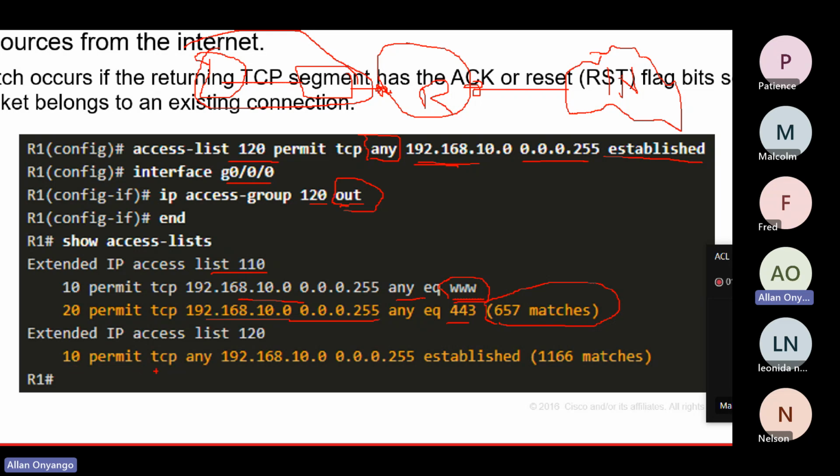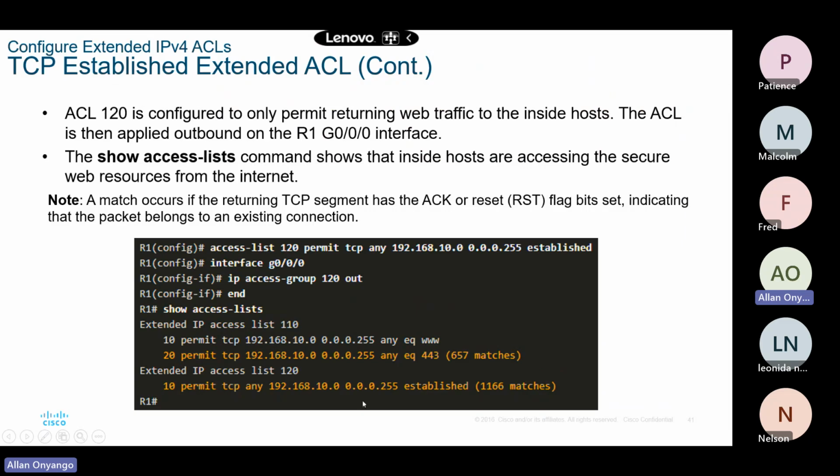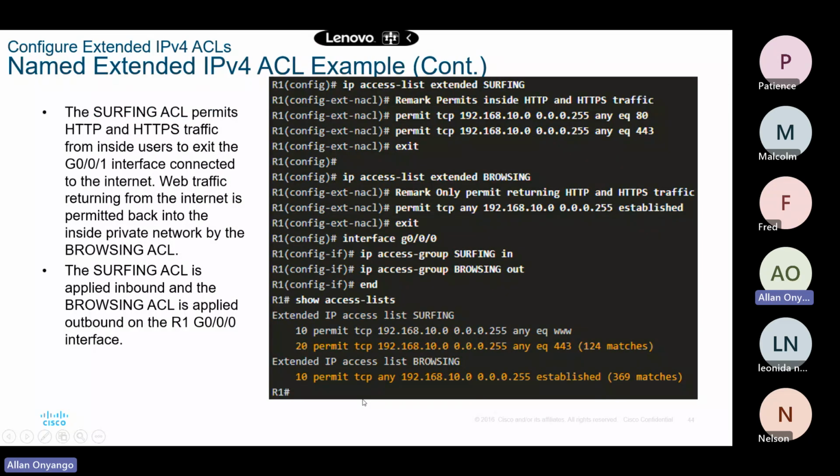This is access list 120, which is going to permit TCP traffic now coming from anywhere back to our network. This was the return traffic, and is the one that was having the established keyword. We have had 1,166 matches all through. So any traffic originated from the inside must be permitted coming back